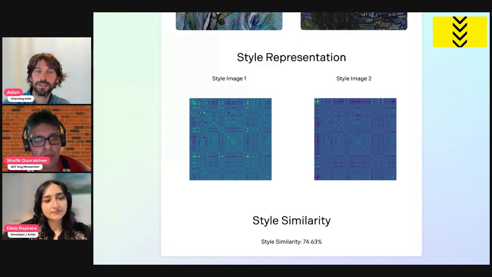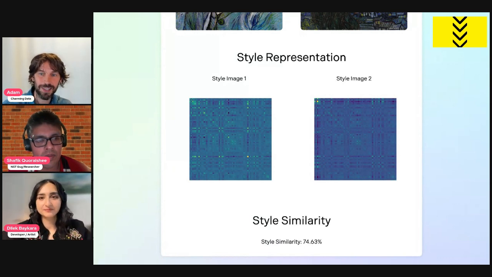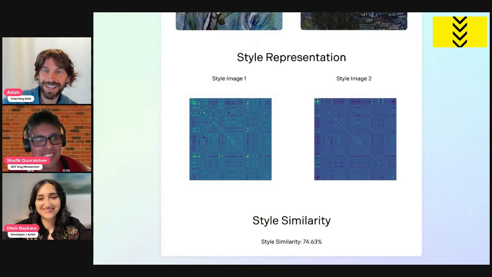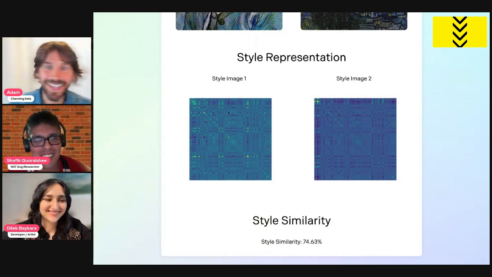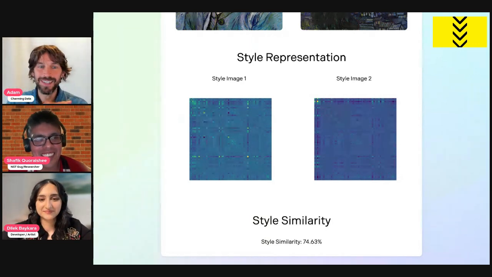74.63. Nice. It's so funny that we get this high percentage, meaning very high correlation, thanks to mathematics and TensorFlow, the Shaf build. But when I look at these styling, it doesn't mean anything to me, right? It's just computer stuff. I could never. It doesn't mean anything to me. Absolutely, it's like reading Chinese.